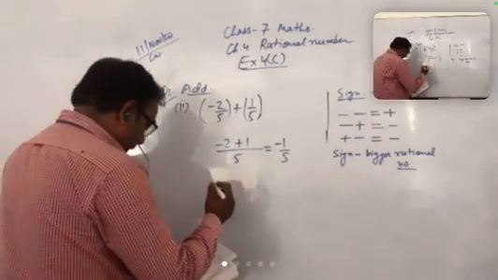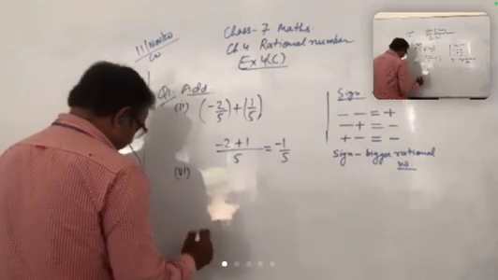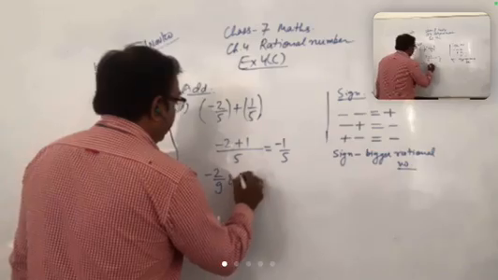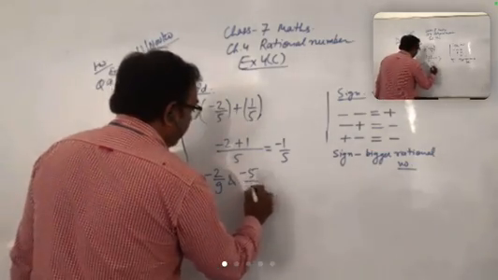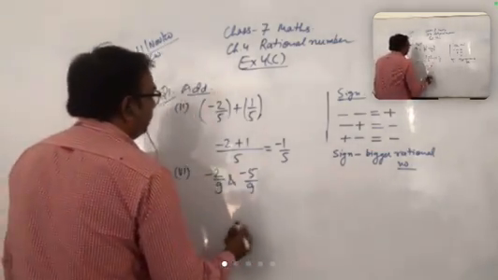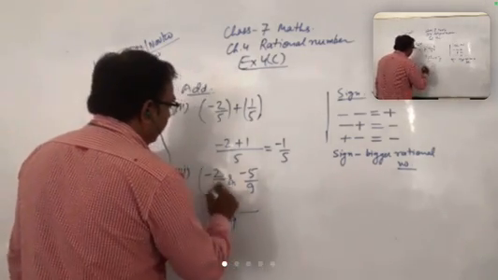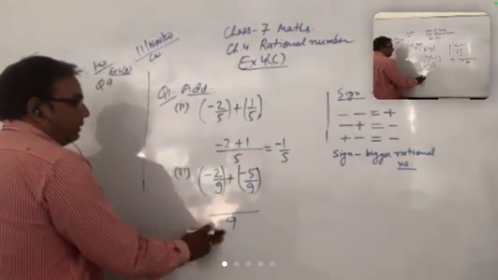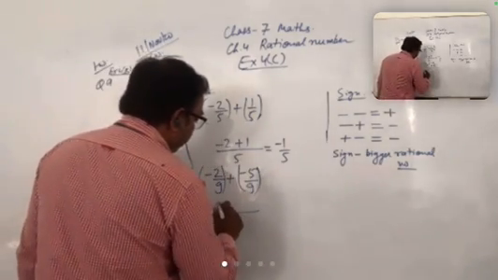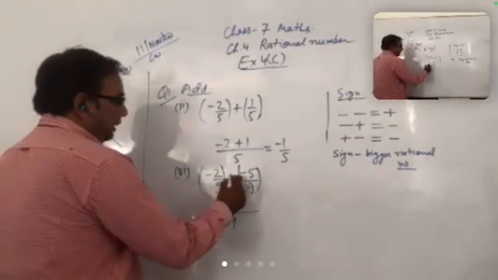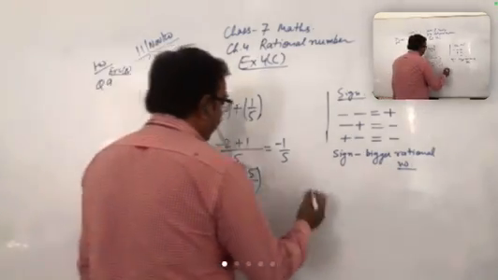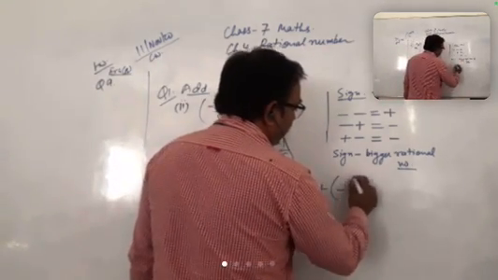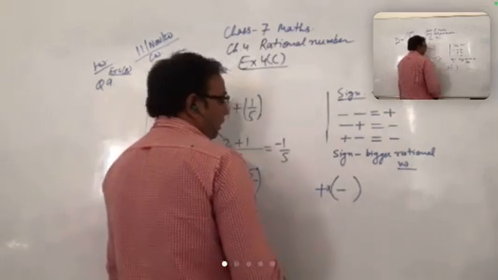Now see the part number 6. Minus 2 upon 9 and minus 5 upon 9. So you know that the LCM is 9 and you have to write in a bracket first and put the plus sign here. So the LCM is 9, so you can write 9 here, then minus 2. Now see, when this is a bracket, it means that this is a multiplication, so plus in bracket means multiplication. So minus